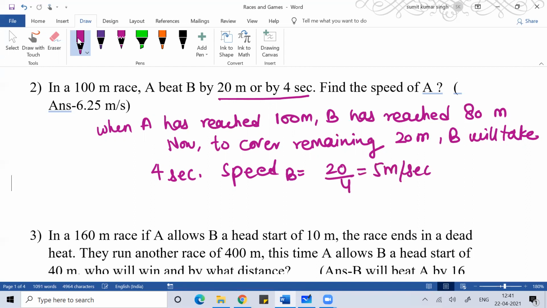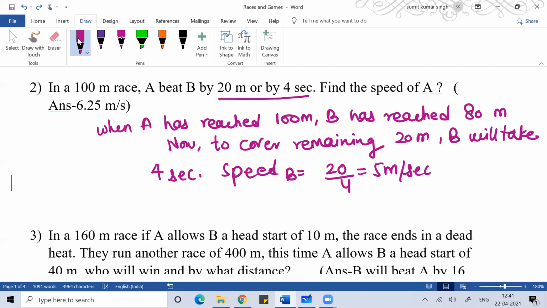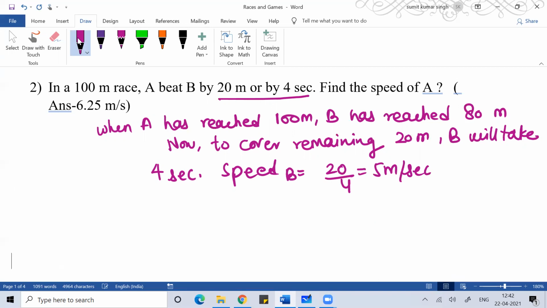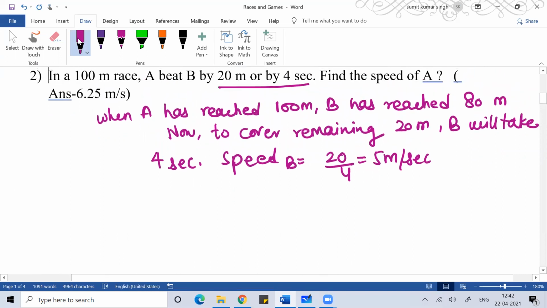Once you get the speed of B, in this problem they're expecting you to determine the speed of A. The speed of B is 20 by 4, or 5 meters per second. So you got the speed of B, and I want the speed of A. What is the way I can find the speed of A? I know that